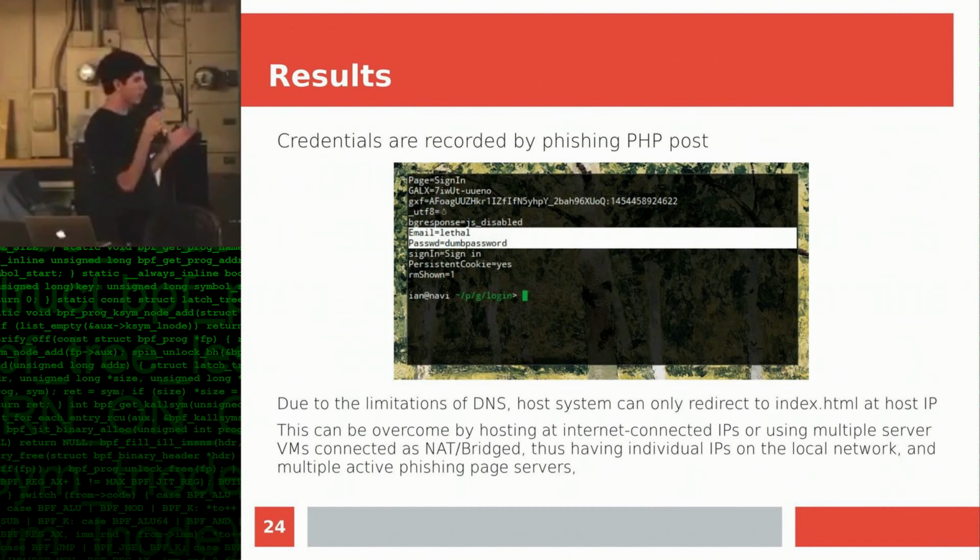So, after running that page, after they log into our fake gmail.com, we can go through our PHP logs and see that they use email lethal, password, done password. While we can only do this for really one website at a time, if we're very clever, or if we have a network where a lot of people are accessing something specific, or even just use multiple virtual machines to